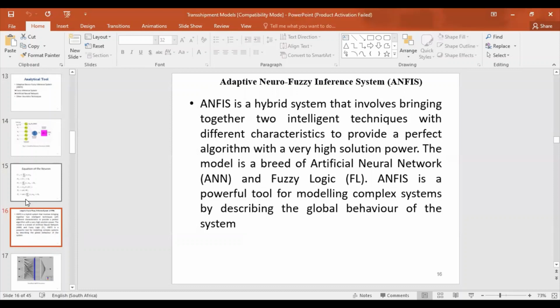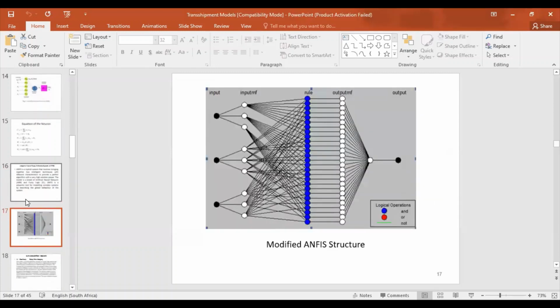The hybrid algorithm that has been used to solve problems in diverse fields is far more superior to the neural network and fuzzy logic control systems. So ANFIS is considered a powerful tool for modeling complex systems in any domain. So it's easier to solve problems using ANFIS than using ANN or fuzzy logic. The reason is that ANFIS gives a faster response to solutions and also gives much more accurate results. This is the architecture of the adaptive neural fuzzy inference system here.